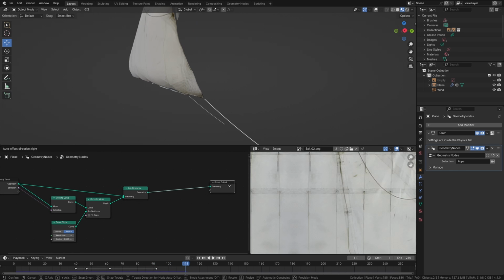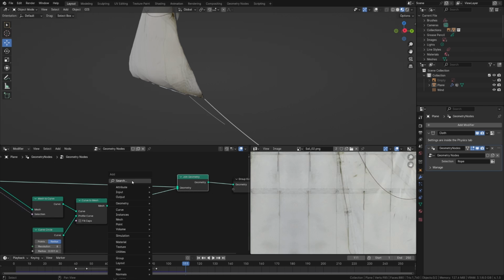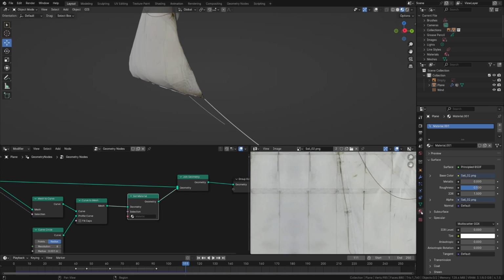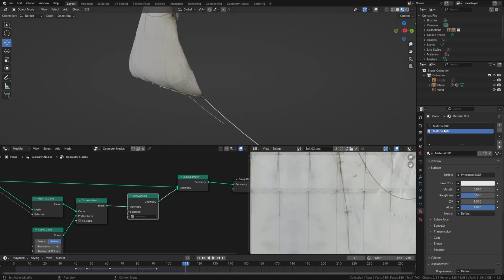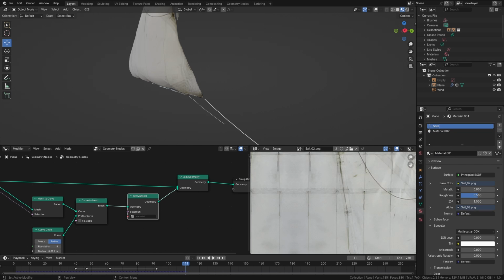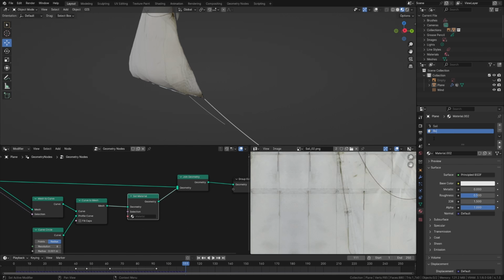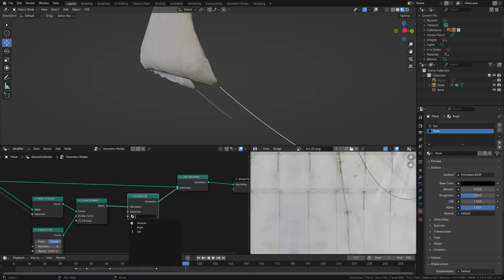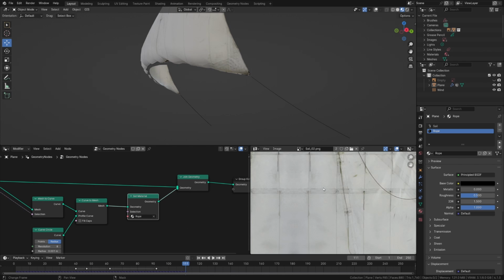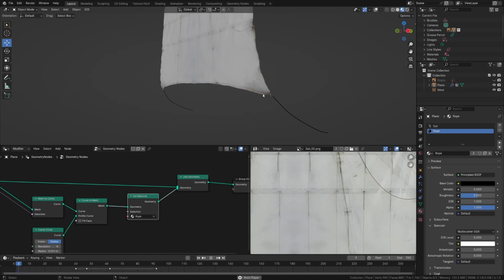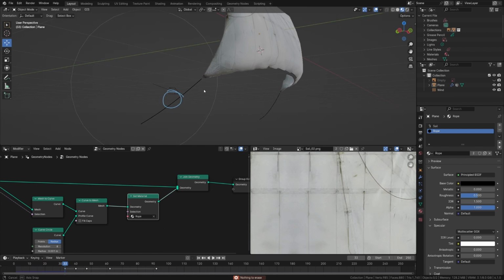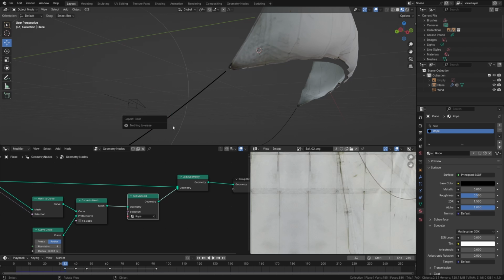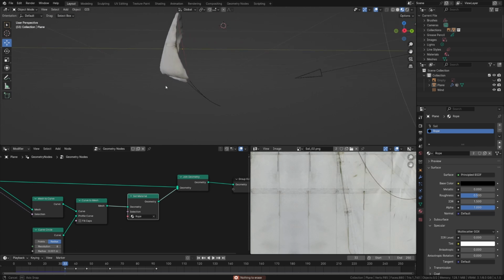So of course you can, before joining them, add a set material node and create a different rope material. Let's call this sail, and this rope shows a dark color. Select it here. Like so. This corner here looks a bit off, and this actually was the hardest part for me, since I